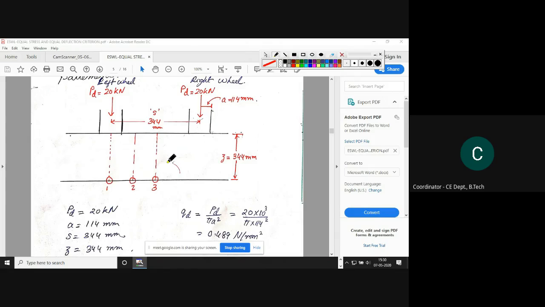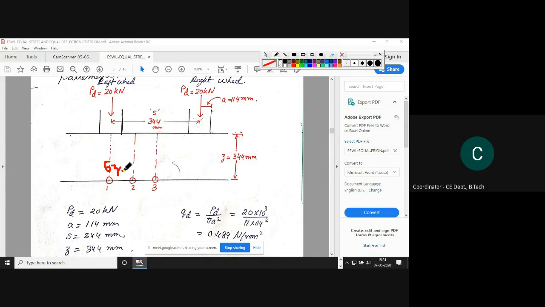Okay, this was the first part. Okay, to find the ESWL, how you will find using stress chart. Okay, done. Sometimes they will ask you to find the stress that is developed due to this dual wheel combination on the critical point. Vertical stress developed on the critical point. That is what? Sigma z is the vertical stress.